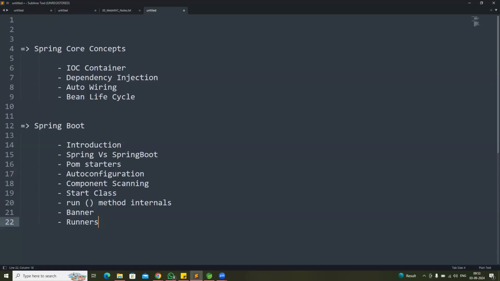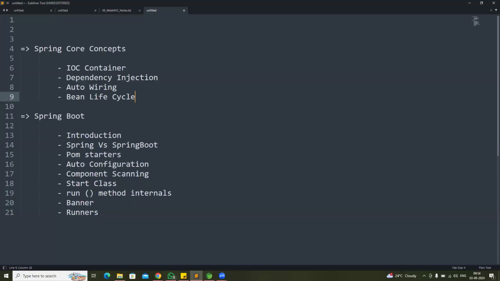Like web starter available, JPA starter available, mail starter is available, Thymeleaf starter is available, actuator starter is available. Like this, there are several POM starters available in the Spring Boot. Based on those POM starters only, Boot is providing auto configuration for our application. And the next one, when we run the Boot application, it will perform component scanning and it will identify Spring